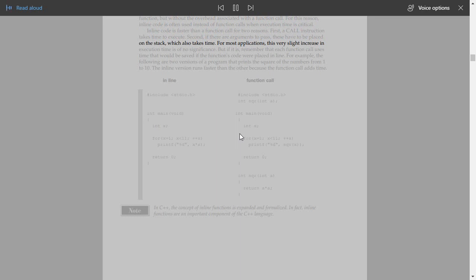For most applications, this very slight increase in execution time is of no significance. But if it is, remember that each function call uses time that would be saved if the function's code were placed in line. For example, the following are two versions of a program that prints the square of the numbers from 1 to 10. The inline version runs faster than the other because the function call adds time. Inline function call: #include int sqr(int a); int main(void) { int x; for(x=1; x<11; ++x) printf("%d", sqr(x)); return 0; } int sqr(int a) { return a*a; }